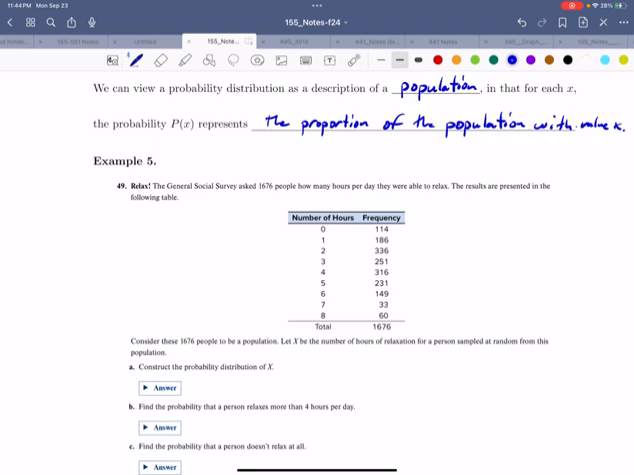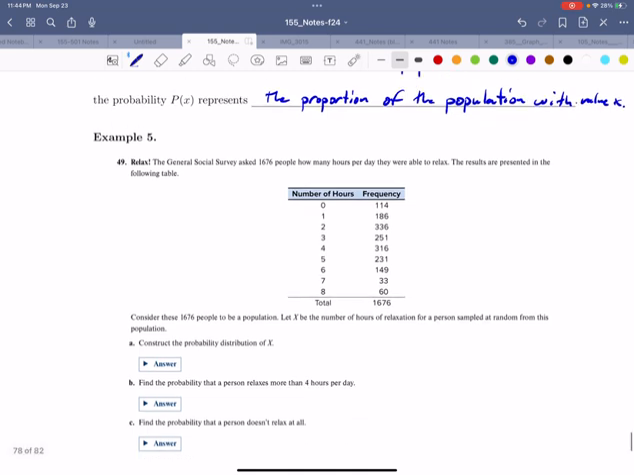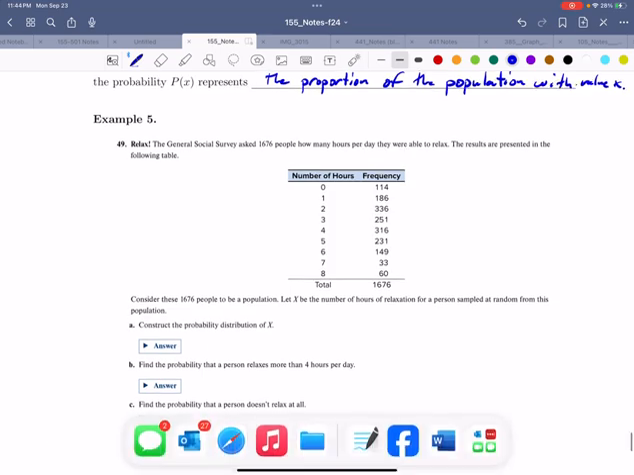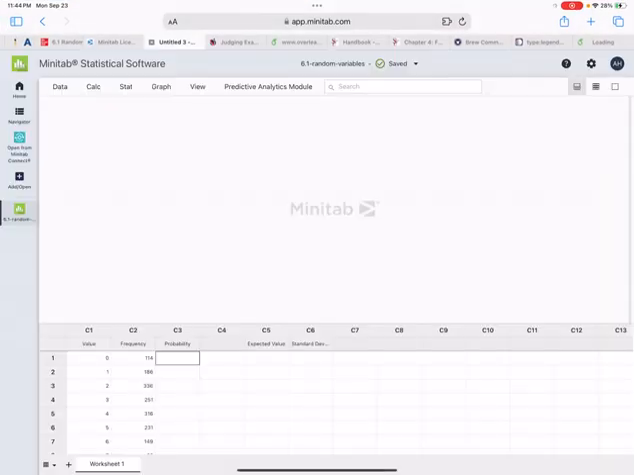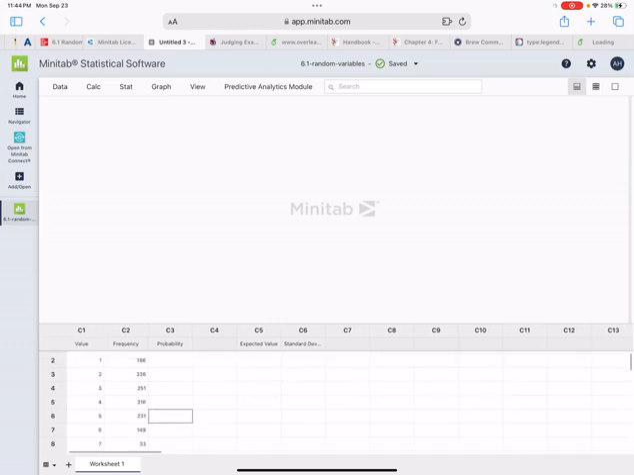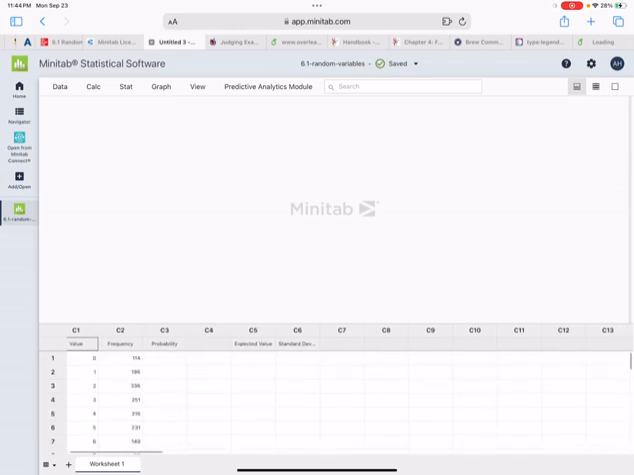Now we're going to assume that the 1,676 people here are a population. And we're letting our random variable, big X, be the number of hours of relaxation for a person sampled. You can view this as a frequency table, but what you can also do is go into Minitab, enter all the data in, and get proportions, and you can say,